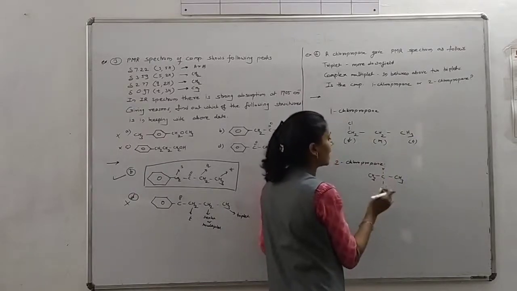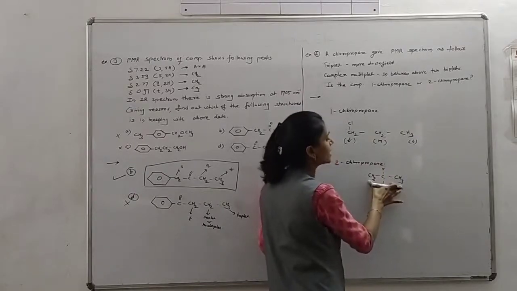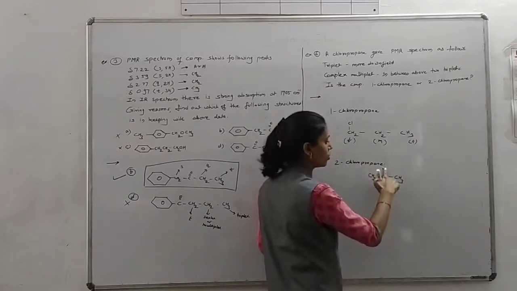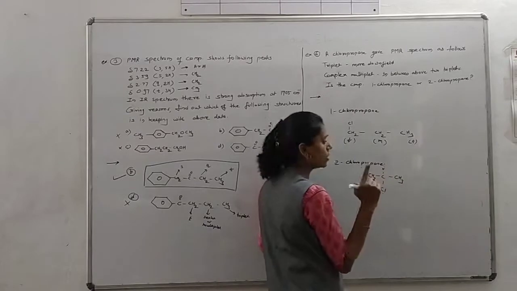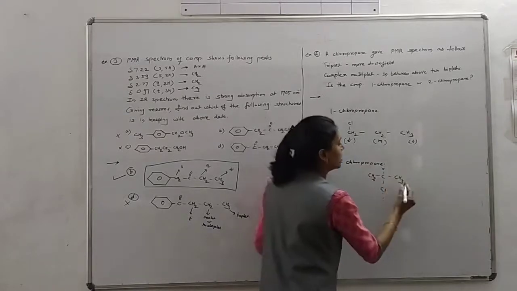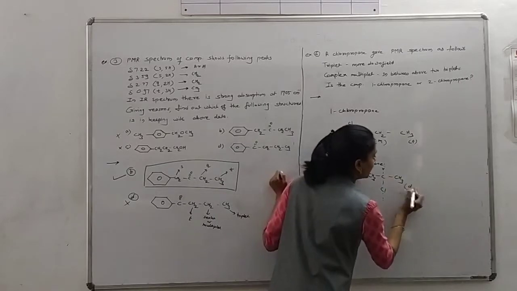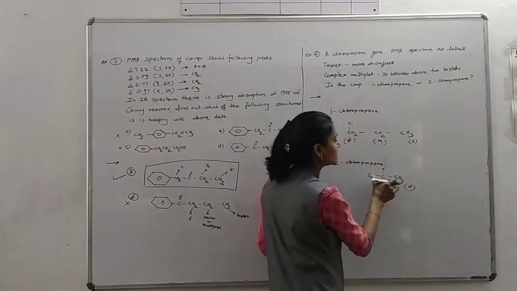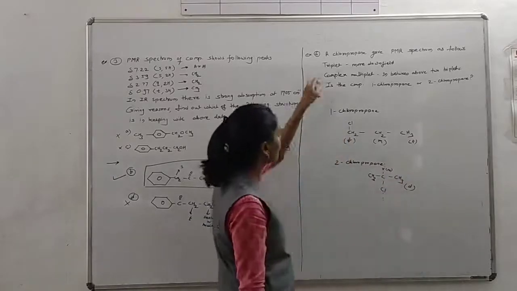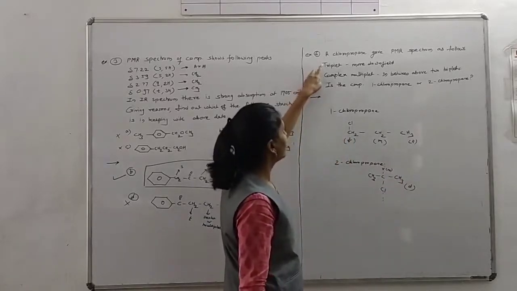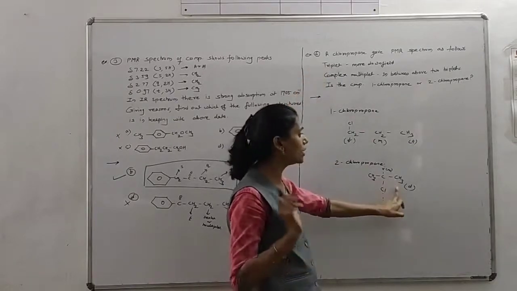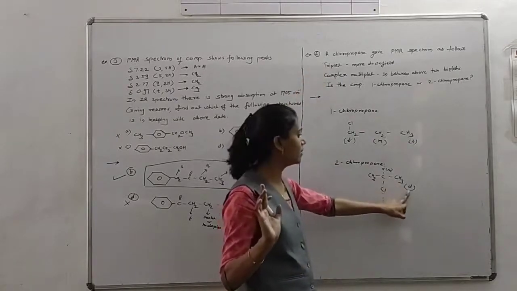So we say that 6 protons give the doublet due to the presence of one adjacent proton here. So 1 plus 1, 2. That means these 6 protons give the doublet. So I have written here a doublet, and this 1 proton gives the multiplet. Okay, multiplet. And here the data shows that we get the triplet and multiplet. Here we don't get the triplet, we get the doublet.